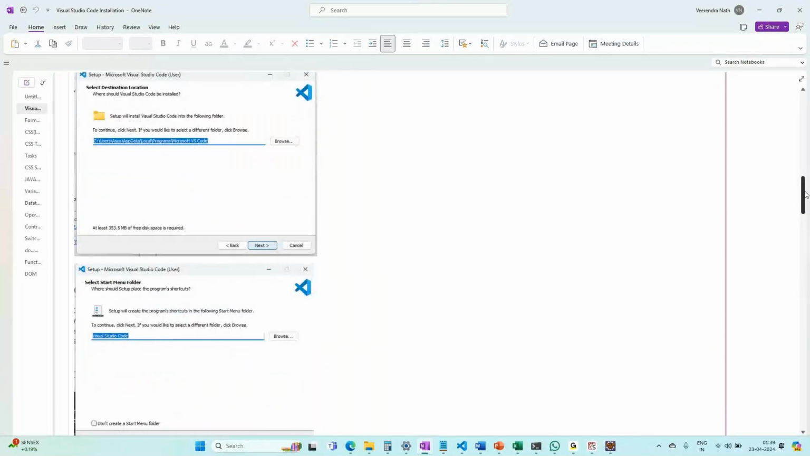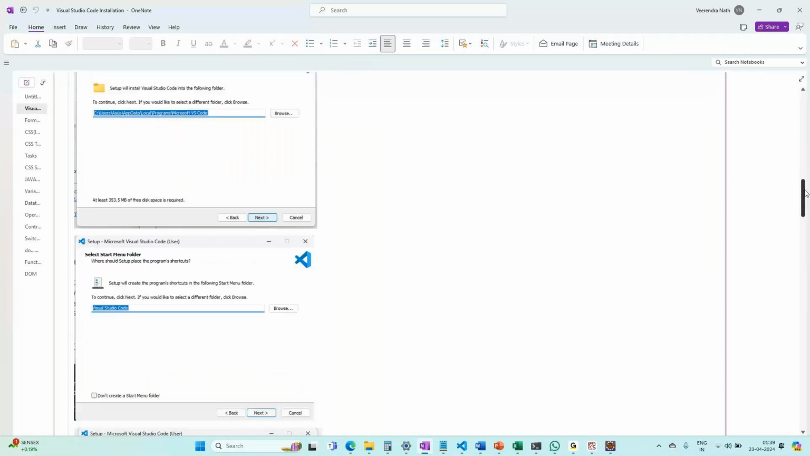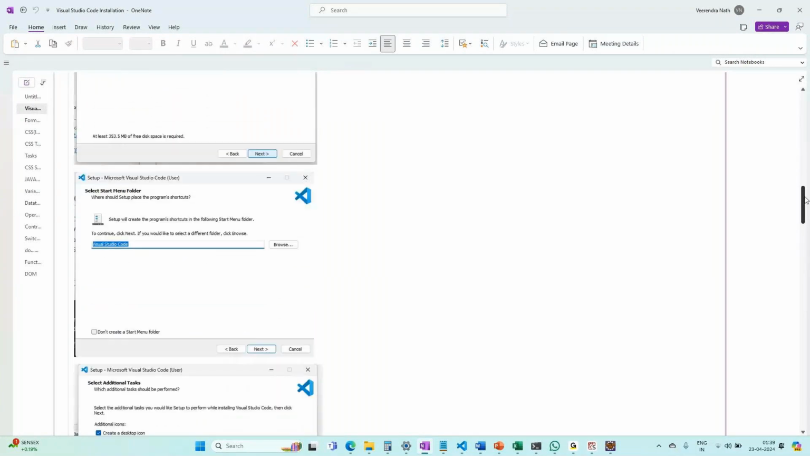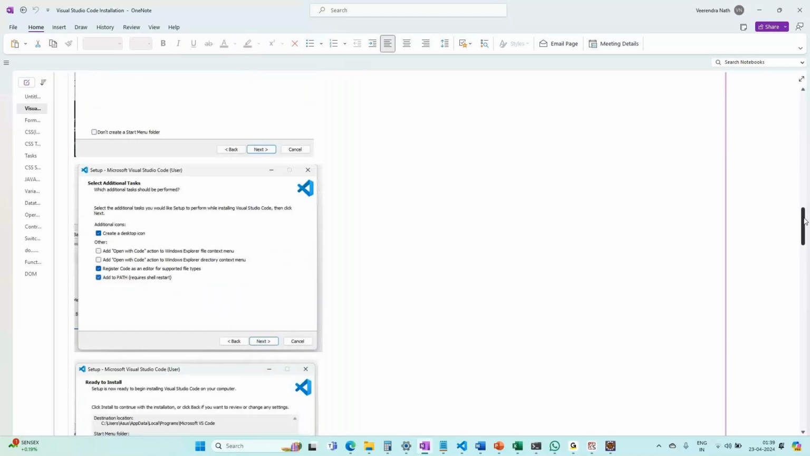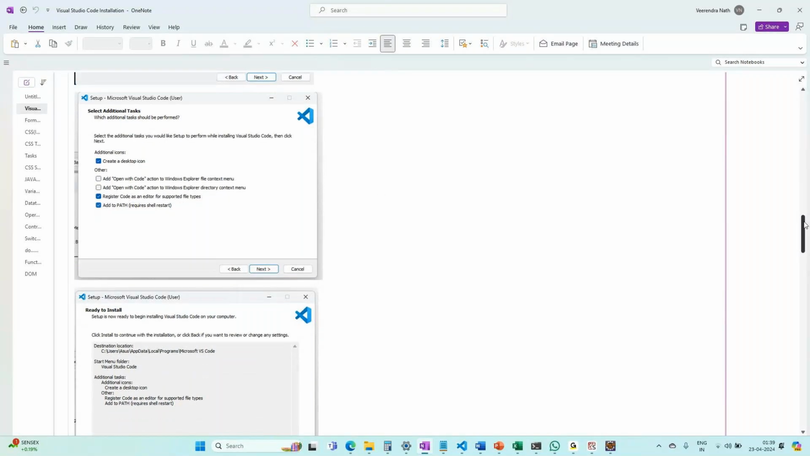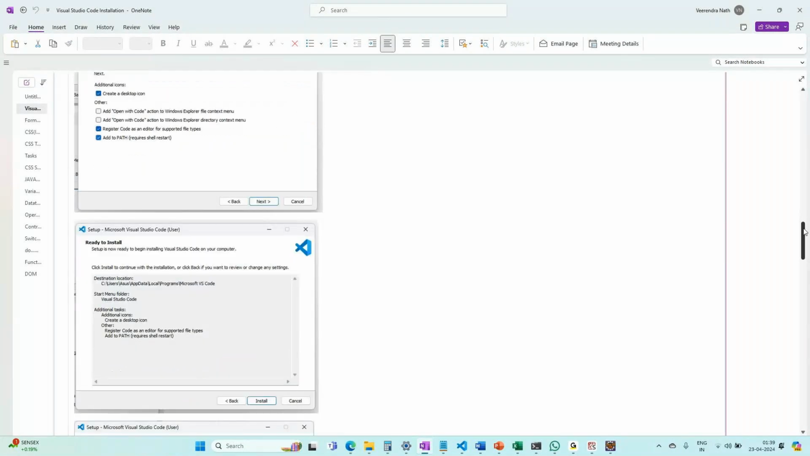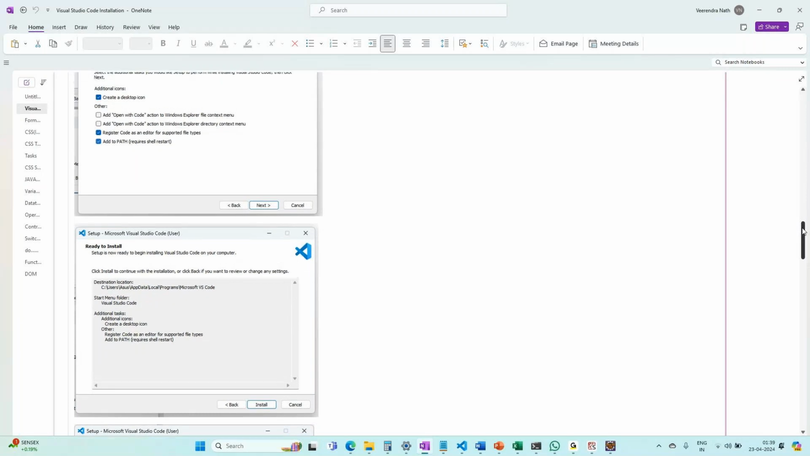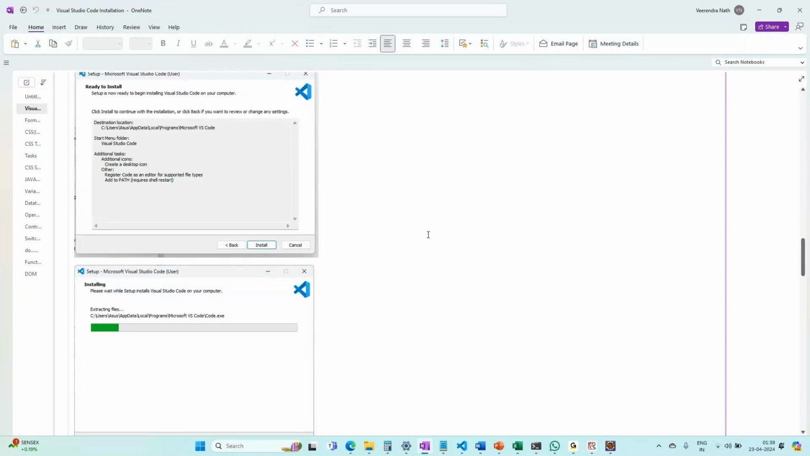Let it go into the path. Don't do any changes. Say next, next. So if you want a desktop icon, you create a desktop icon. If it is not ticked off, you can tick it off. Done. Okay, then say next. Then finally say install. Okay, done. Everyone,